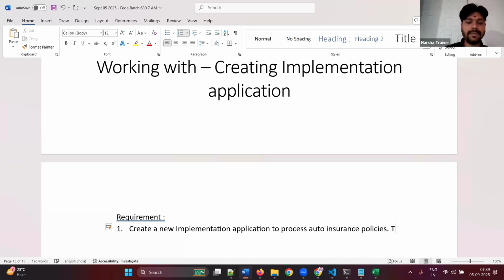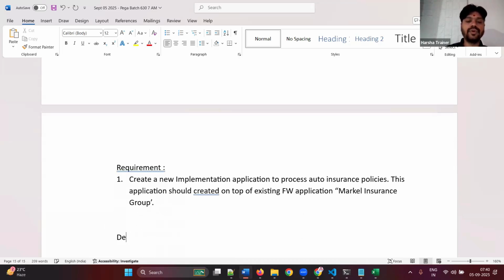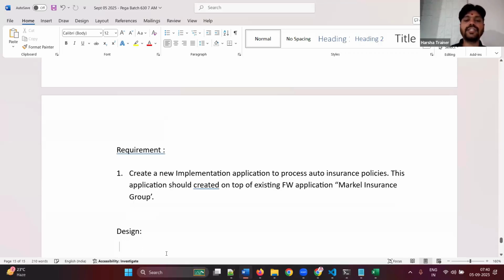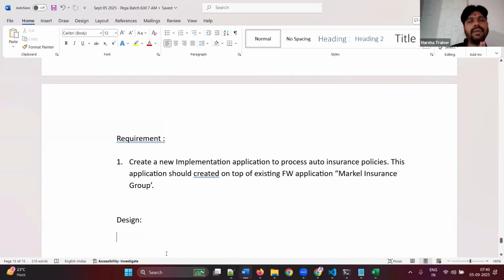Okay. So this application should be created on top of existing framework application, Markel Insurance Group. On top of Markel Insurance Group, I want you to create this application. Whether you are creating a framework or implementation, navigation is same. But remember, as a process, whatever I tell you, you follow in real time. Anyhow, you're not going to do this, but still to create this application also,